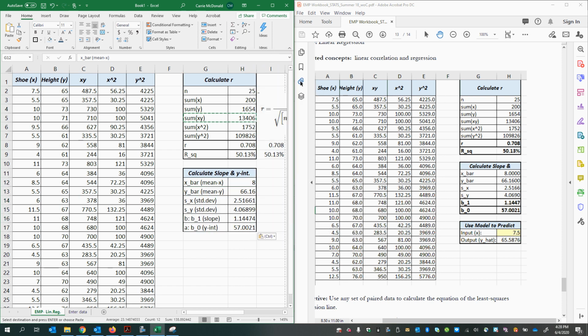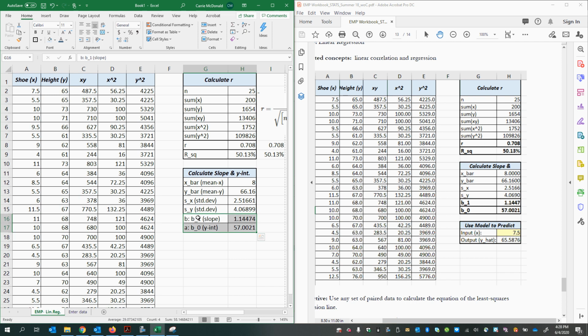Right click, copy format is what I did there. Also, I can put thick boxes around these. Okay, so we're set with the